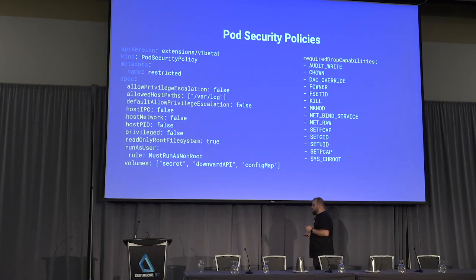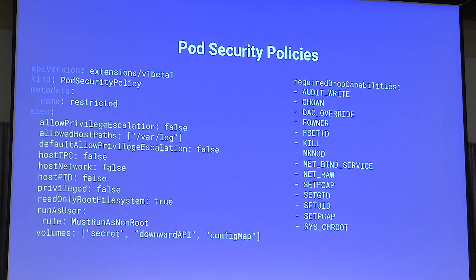This is called a pod security policy. A pod security policy in Kubernetes is a cluster-level resource that allows us to define our security controls in the cloud. And there are a lot of options available to us. I don't need to step through them all. Hopefully a lot of them make sense, but I will highlight the host IPC, host network, and host PID.